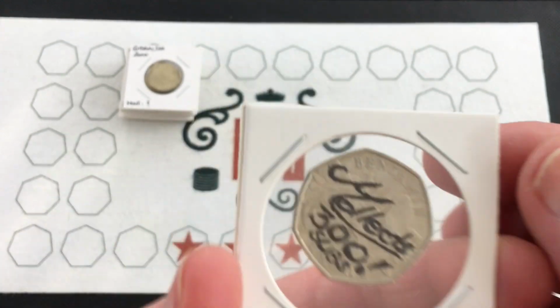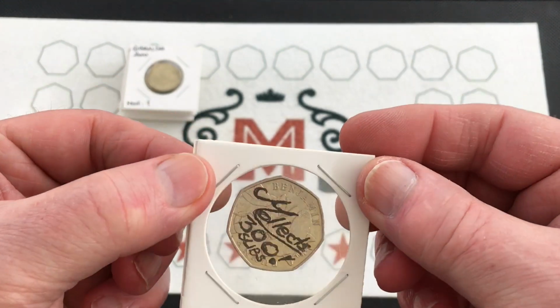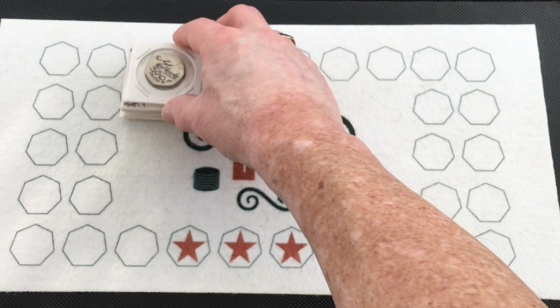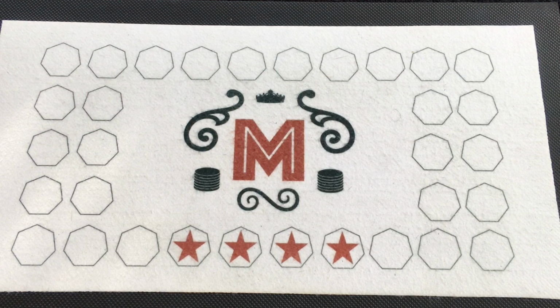Now I'm sorry to say I will be taking all of these coins out of these flips, because I don't like the staples, because they tend to rip the housing when I put the flips into a separate folder. So I'll just move those over to one side, and next we're going to be doing the number 1 song